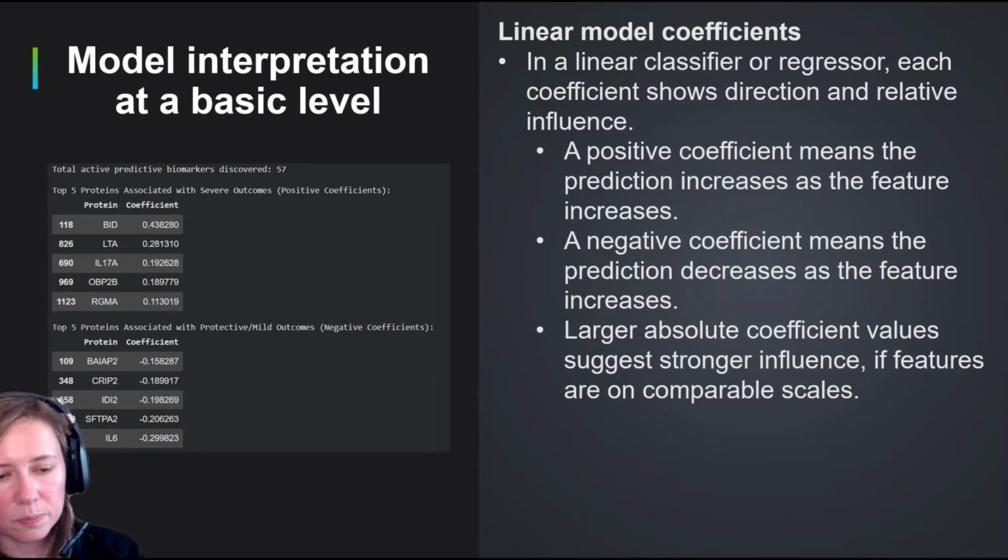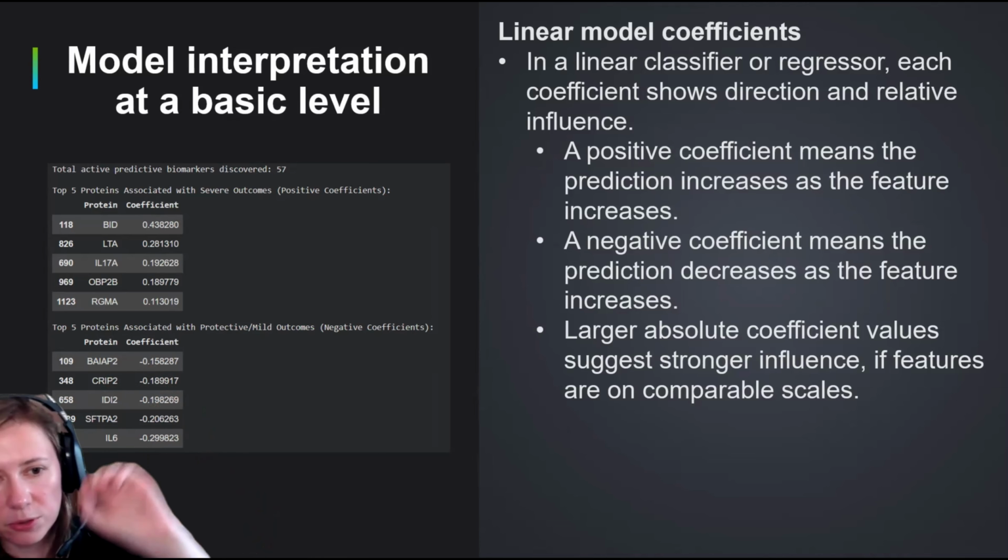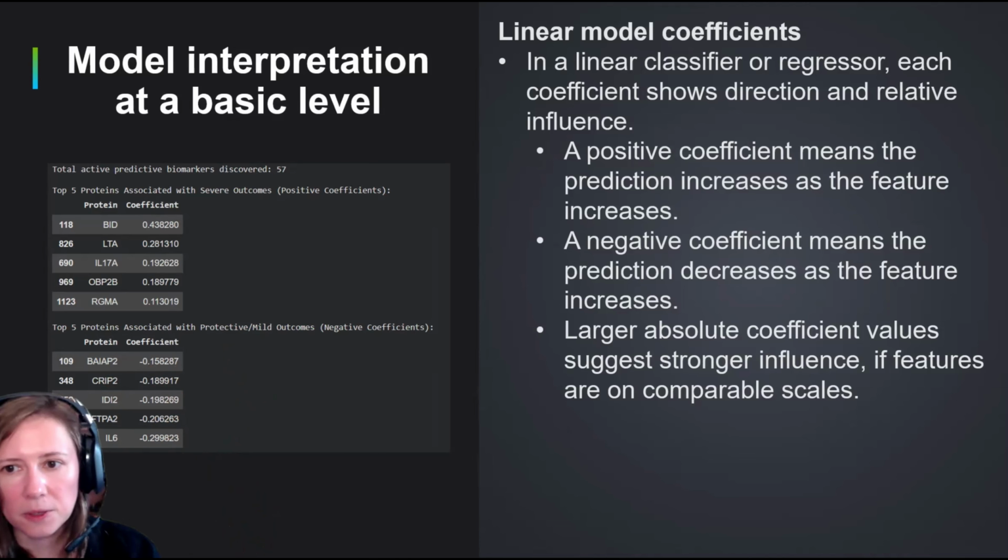But for linear models, when you're working with continuous outcomes, or logistic regression models, when you're working with categorical or binary outcomes, you can simply look at the model weights after you train it, or the betas, the regression coefficients for each one of the input features, and you can rank them from the largest value to the lowest value, and you can look at the top ones and the bottom ones, the most positive and the most negative ones. So a positive coefficient in the context of linear additive models means that the prediction increases